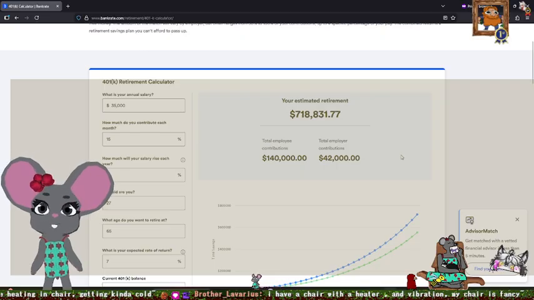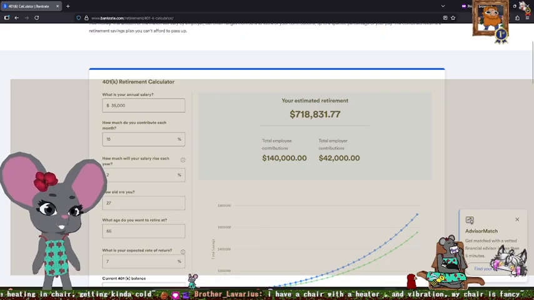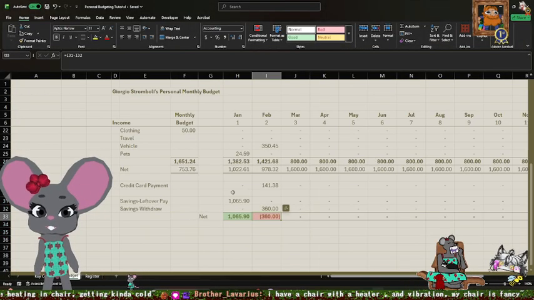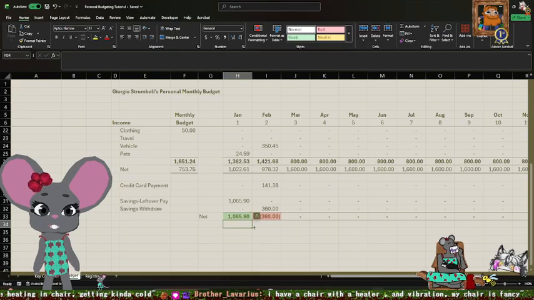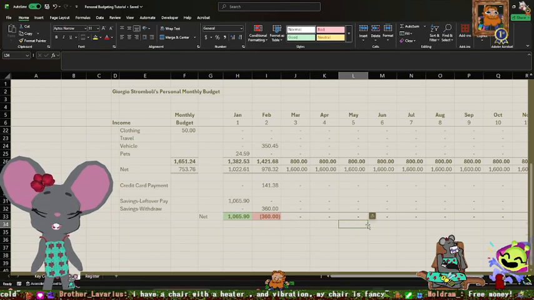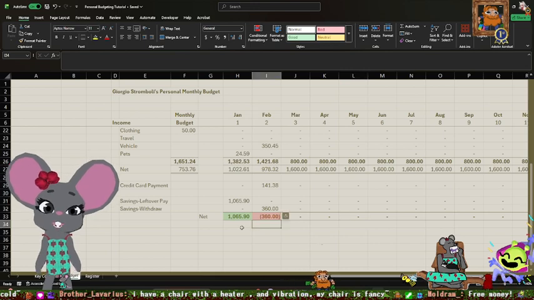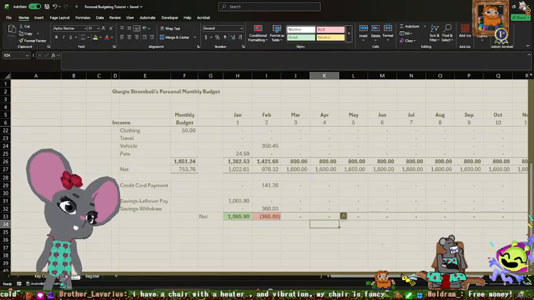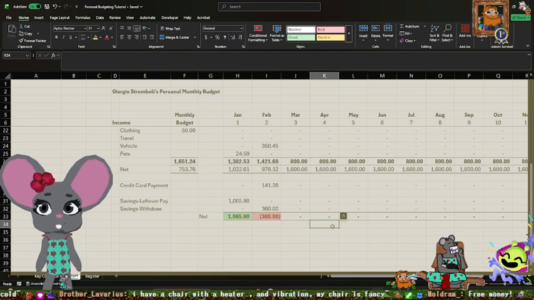So that's very important to be thinking about. And by doing this budgeting and understanding what you can afford to save every month, you can judge how much you're able to put towards a retirement account. Yeah, free money! Don't miss out on free money.